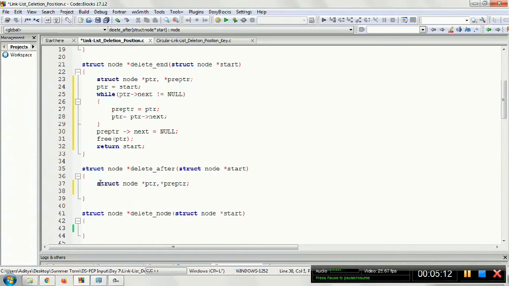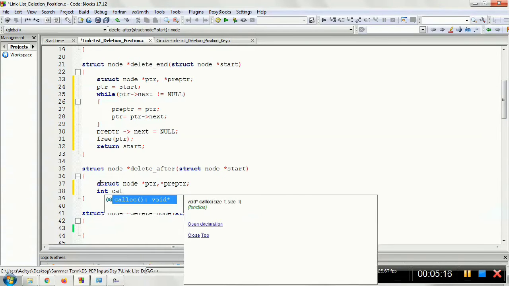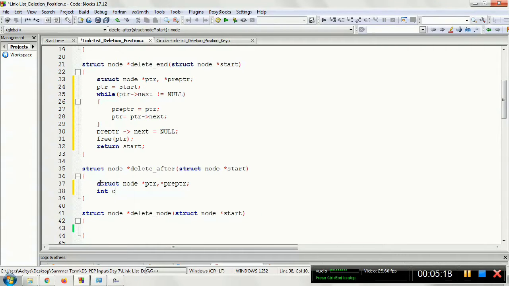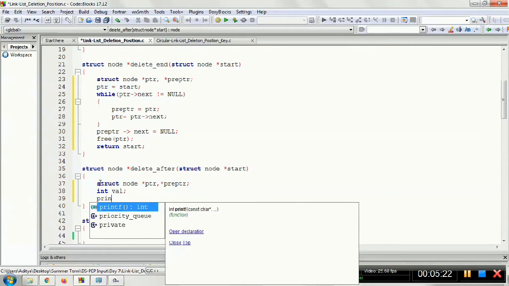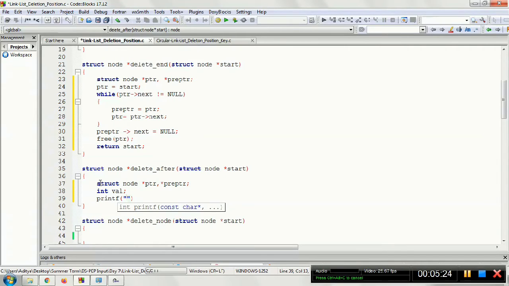After this, we need a variable for the value after which I want to delete. So I will take a value: enter the value after which the node has to be deleted. Enter the node after.